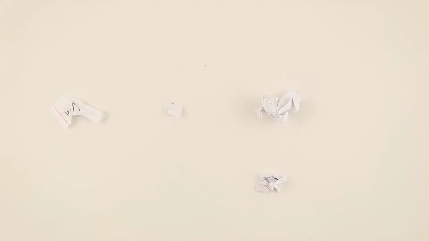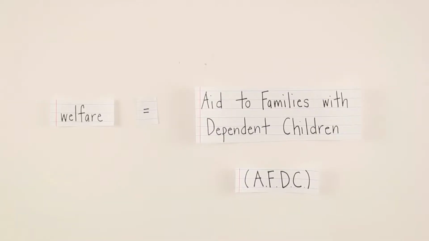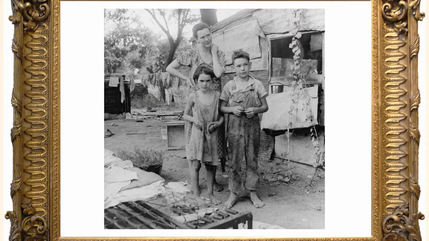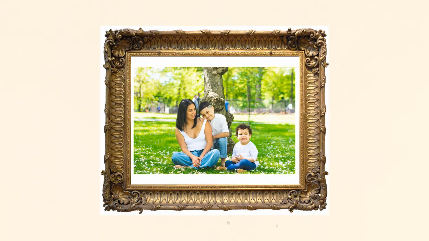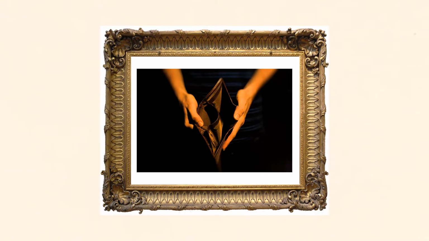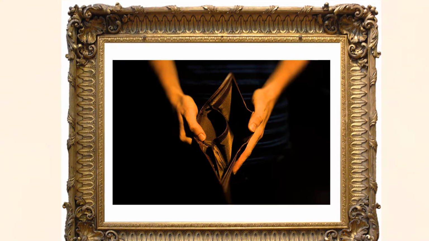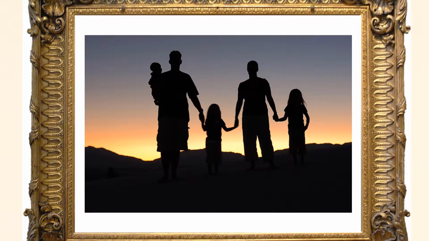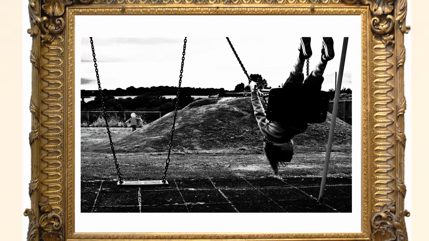The welfare program used to be known as Aid to Families with Dependent Children, or the AFDC. The program began during the Great Depression to help children whose fathers had died or were ill. By the 1980s and 90s, most children receiving money from the program lived in a single-parent home and weren't receiving child support. The program began to draw criticism based on the viewpoint that it wasn't actually helping people out of poverty. Many families who received welfare payments did not seek out employment because they would make less money working a minimum wage job and paying for childcare.